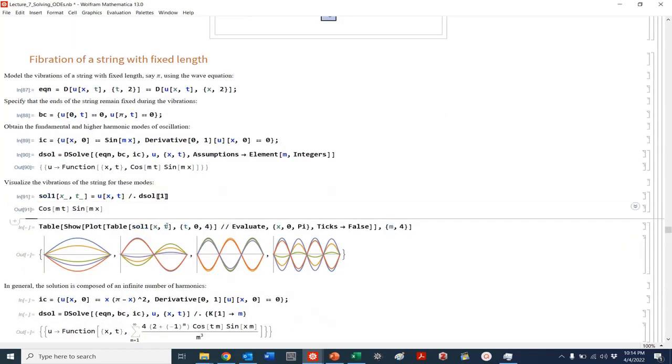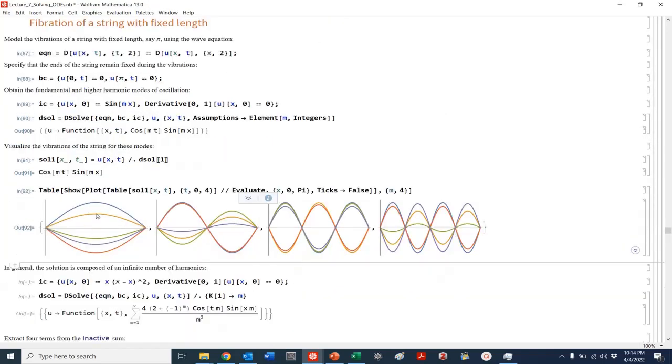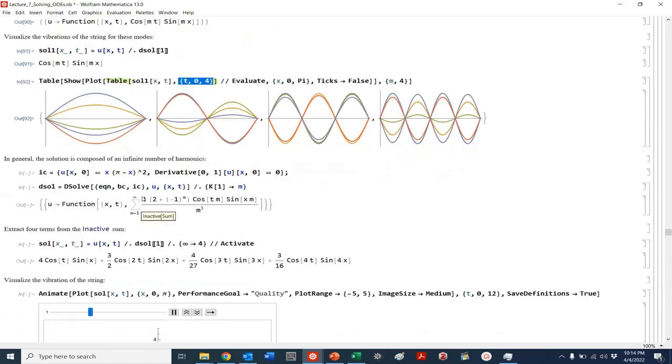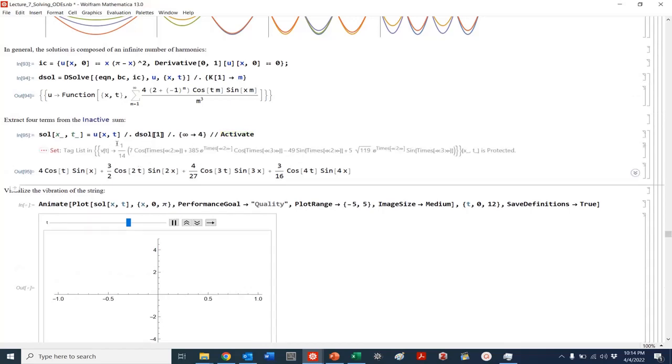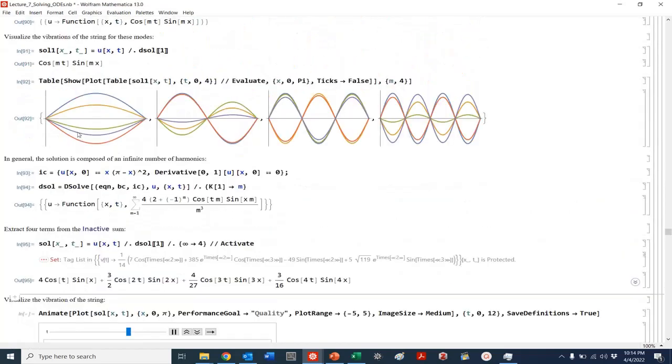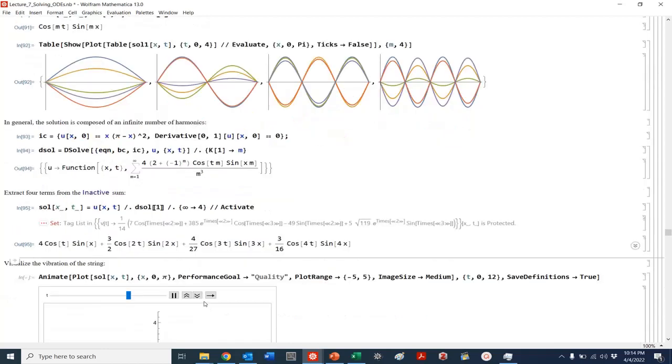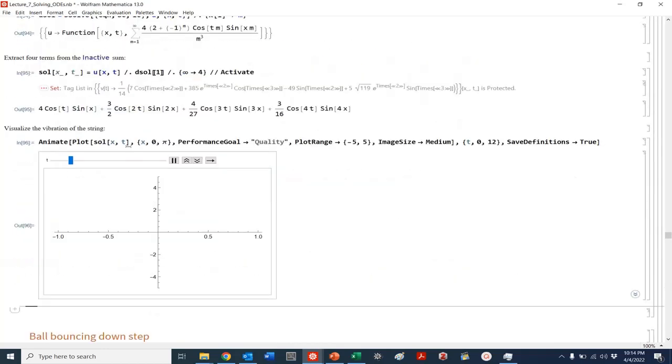When I look at those solutions, I can look at them as a function, varying time, x, m, and all those values. So again, it's a solution. It can give you an infinite number of harmonics if you're looking at the general solution, and then you can extract the first four components here. I think we may be missing one here. But we can look at